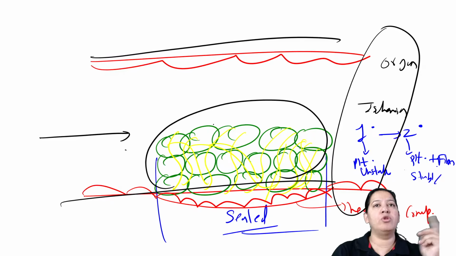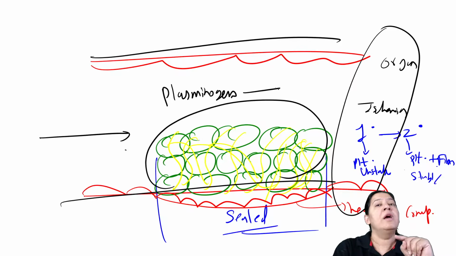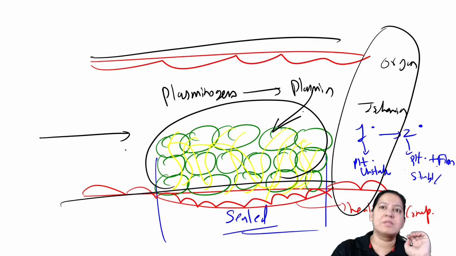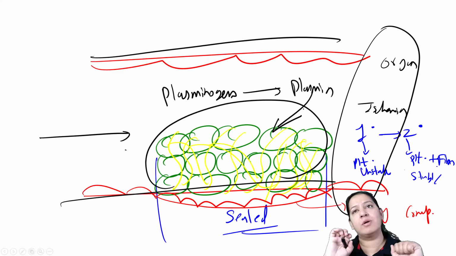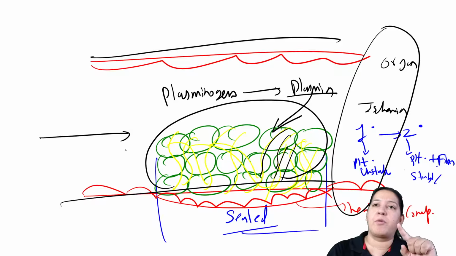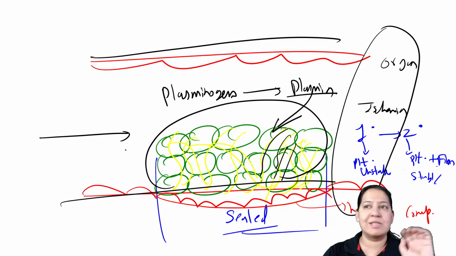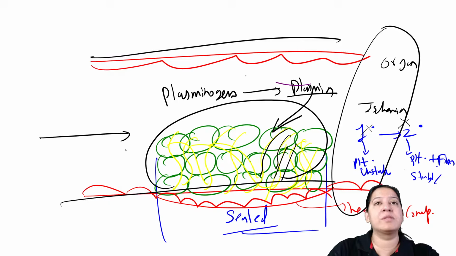So who will do the dissolution? Dissolution is done by plasminogen. In the blood, there is a molecule known as plasminogen. It is inactive. First, it gets converted into plasmin, and this plasmin causes the dissolution of the clot. How does plasmin cause the dissolution of the clot? Plasmin has a tendency to cause the breakage of fibrin. The threads are broken down. So the secondary clot is lost and primary clot is unstable. So it is dissolved.